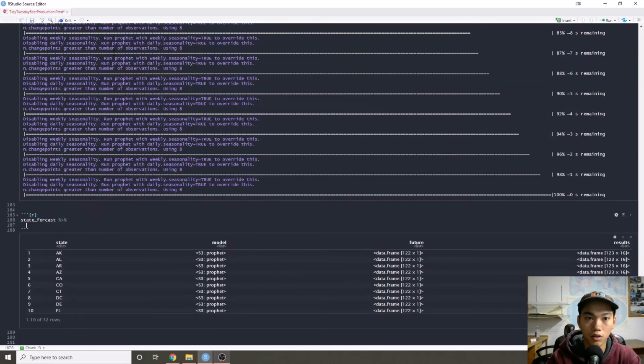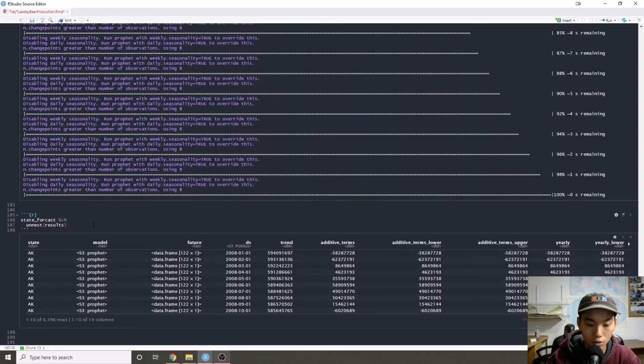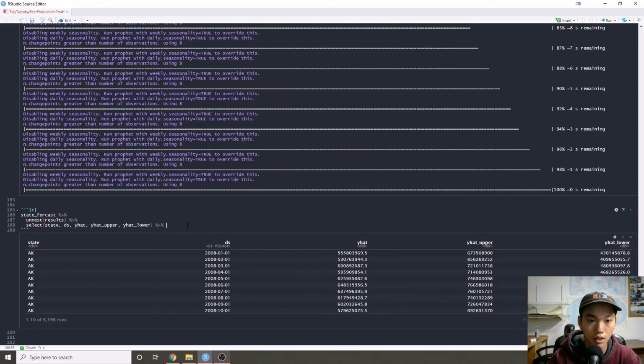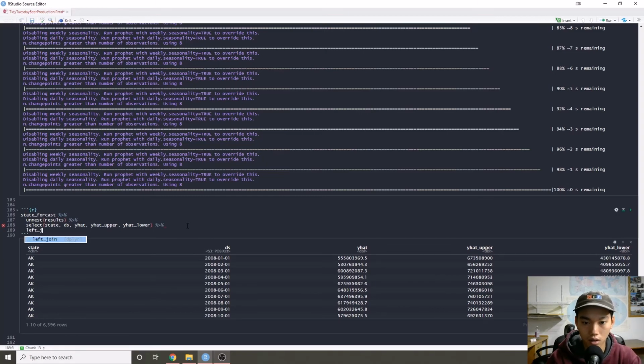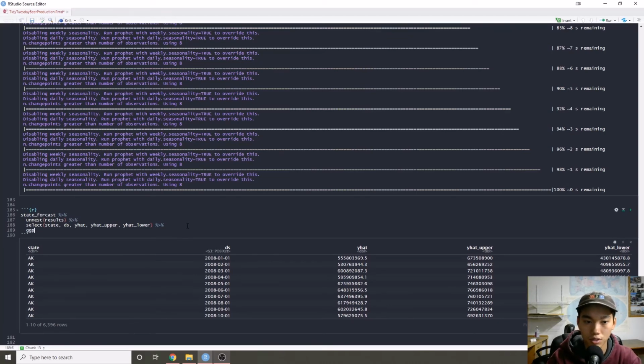Okay, so we're just going to unnest results, and we're going to select state, ds, yhat, yhat upper, and yhat lower. Okay, so we have all the predictions for these states, and then we're just going to ggplot it out. X equals ds, y equals yhat, color equals state, plus geom line, plus geom